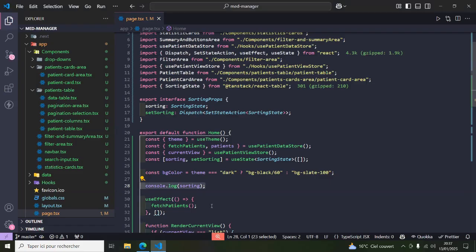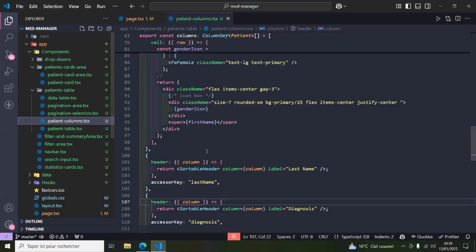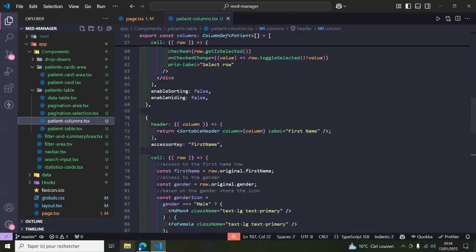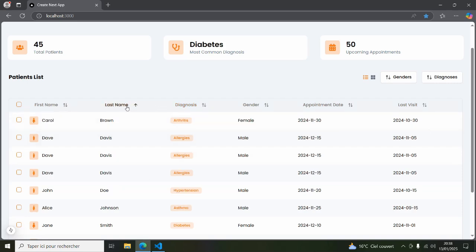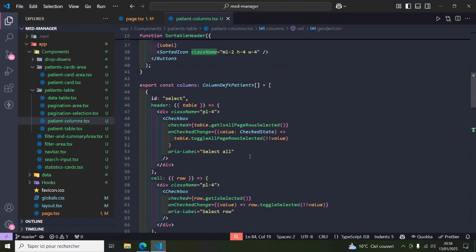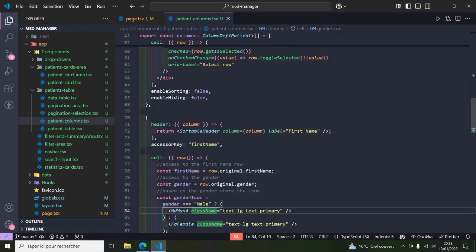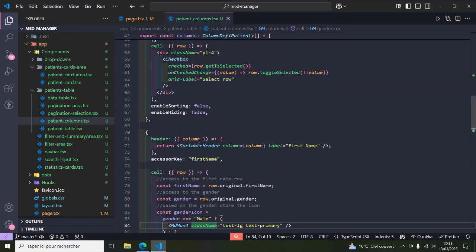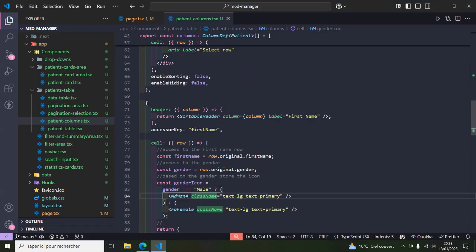So let's go back to VS Code. The first thing that I'm going to start with, before I start showing you the actual logic, is the patient's column. First we need to add some code to make the logic sortable when I click on the headers. If I go to the top of the columns area, as you can see inside the header,